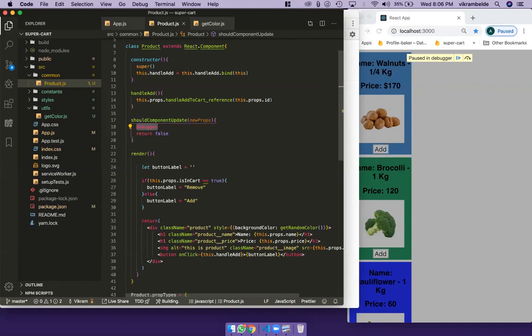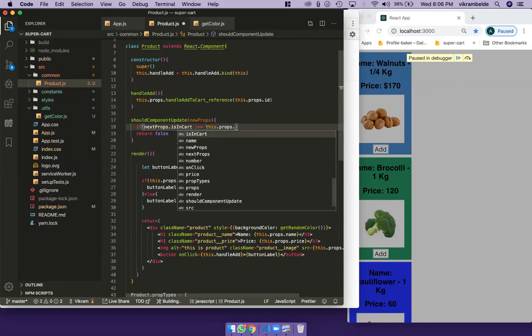What I mean by that is if next props dot isInCart is not equal to this dot props dot isInCart, then